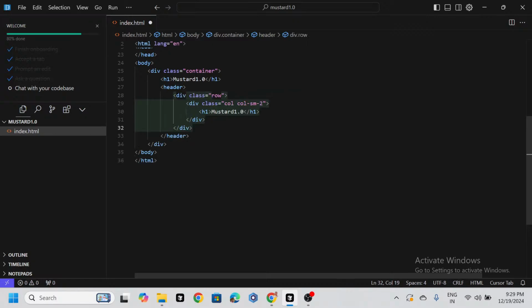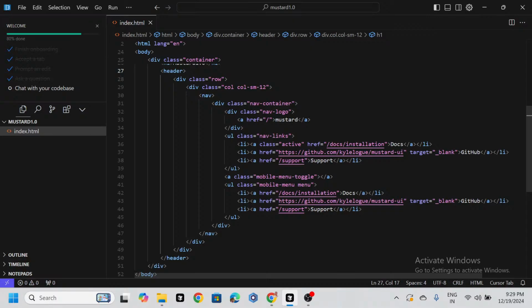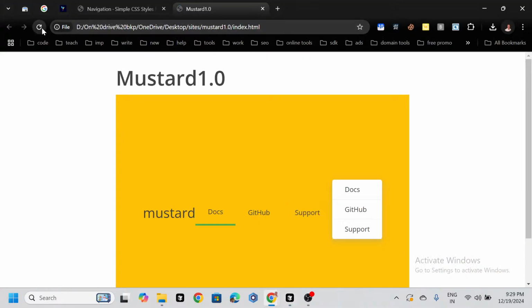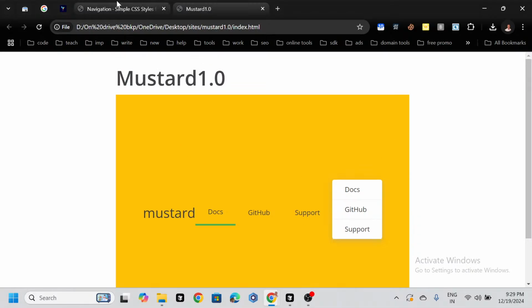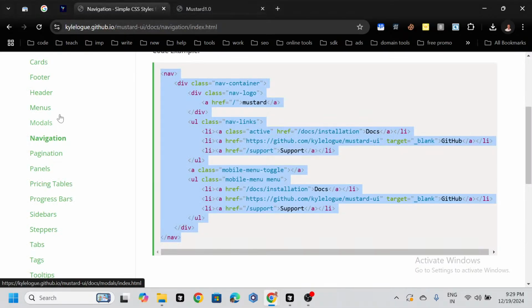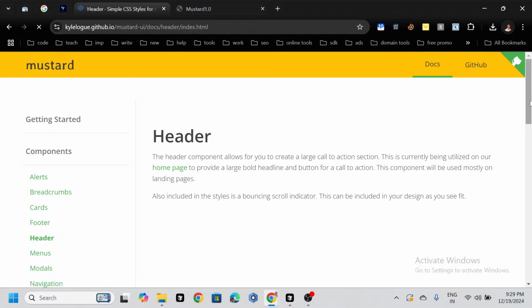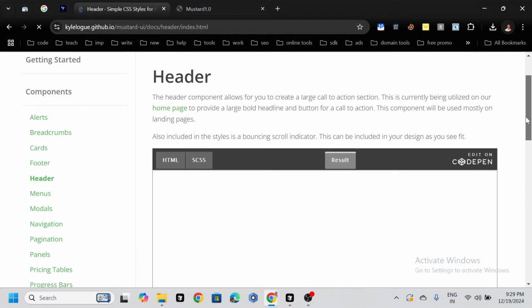and I will do div.col-sm-12 over here, and inside this I'll try to paste this, and let's see if it makes any difference. And no, it doesn't make any difference. That is how mustard behaves. We have the header over here,